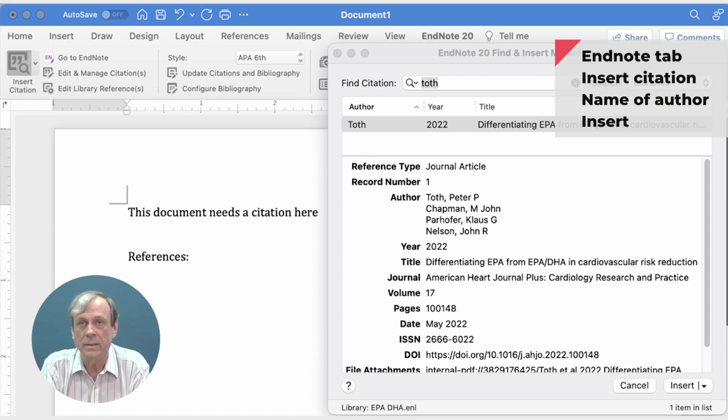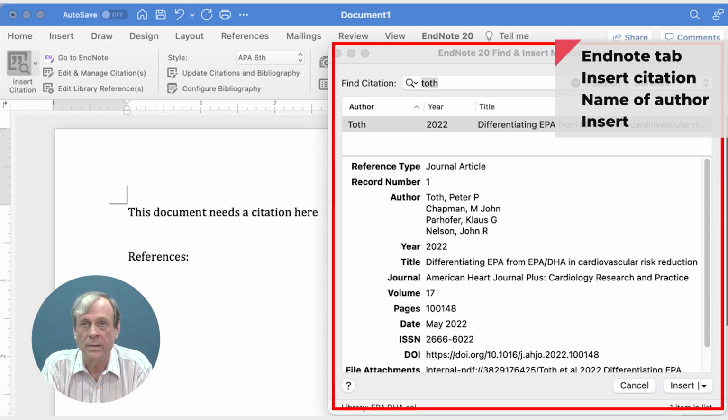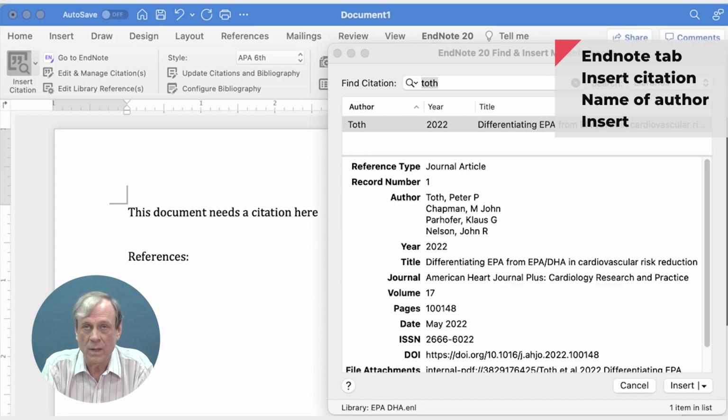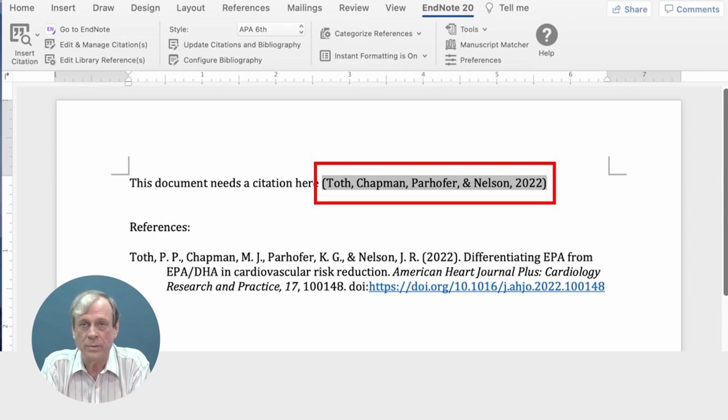When you click on that, it opens EndNote, and then you can search for the author's name, the title, whatever, and it will bring up some choices. In this case, there's only one, so it's easy. You can either double click on the reference, or down at the bottom, you can say Insert, and then putting your cursor at the right place and doing that, it will insert the citation in that location. You can tell it's a citation and not typed because of this graying. It's a field rather than just a typed entry.